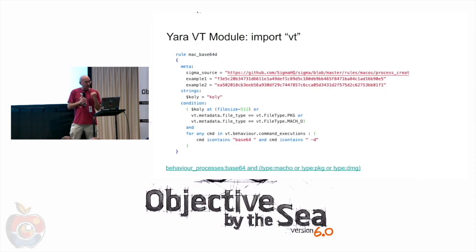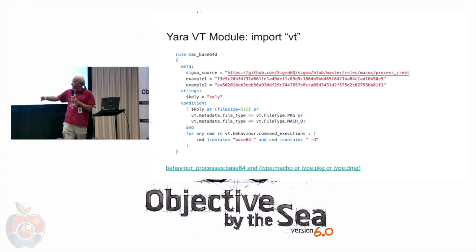Maybe you don't know about the VT import Yara, the VT library, import VT. If you've ever seen in the static analysis on VT, or you've seen in the API some piece of data, but you're saying this piece of data is not easy to extract with creating a Yara signature, you can use the VT module